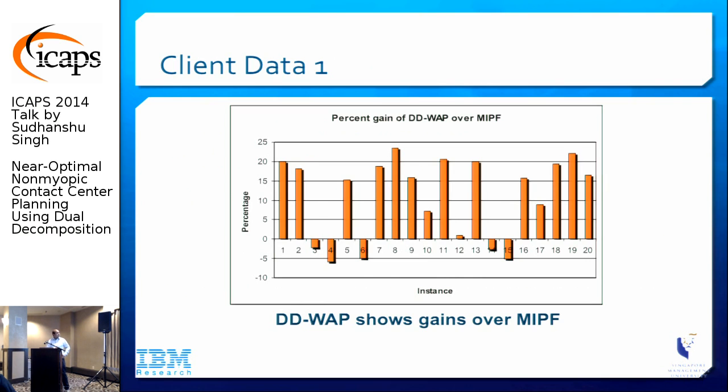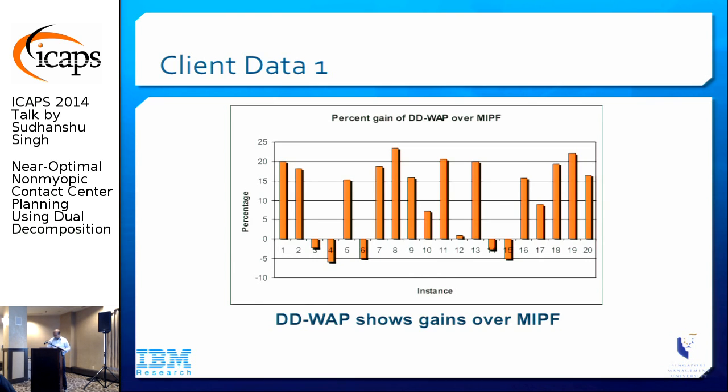So now on the first data set, this is what we observed. The graph that you see is the percentage gain that our approach gives over the full MIP formulation when the time limit for solving is 10 minutes. The positive and bigger bars are better here, since our objective was to minimize headcount. What this says is that for the first instance, the headcount that we got by DDWeb, by our approach, was 20% better than what we got with the MIP formulation. And you can see that in 16 out of 20 instances, our approach is better,